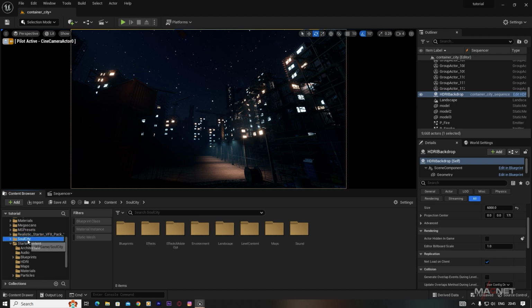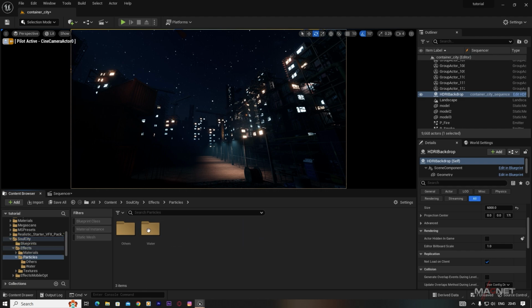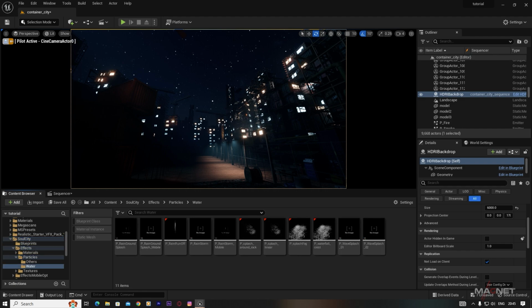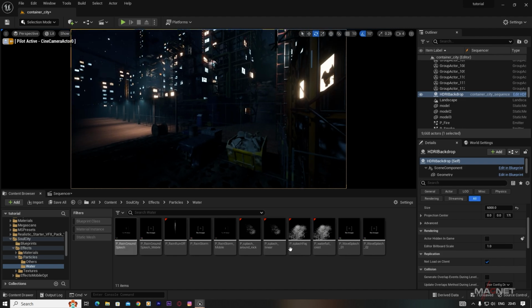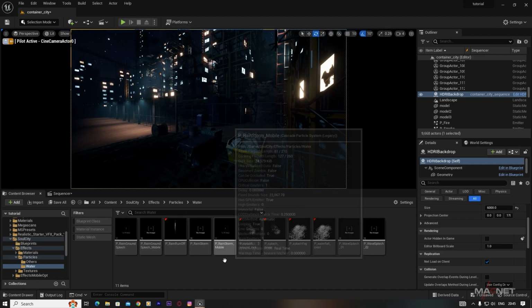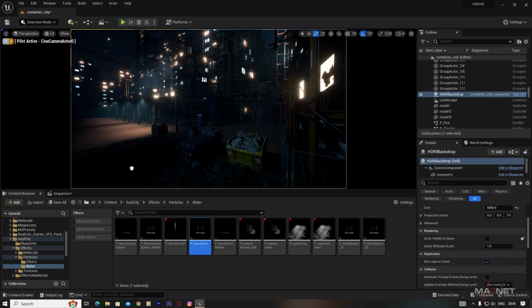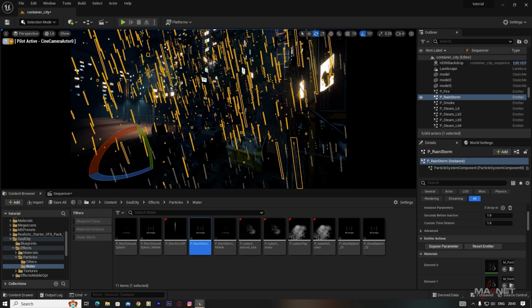So here is the Soul City pack. This Soul City pack comes with these pre-made rain effects. So we go to Effects, then Particles, and here is the Water folder. Here you can get so many water particle systems. If you want this rain effect, you just drag and drop this rainstorm here, and you will get this